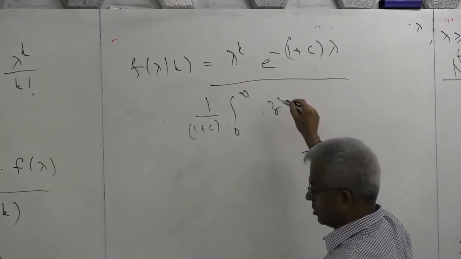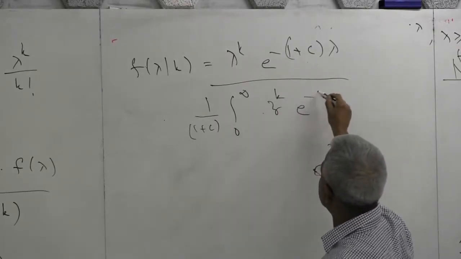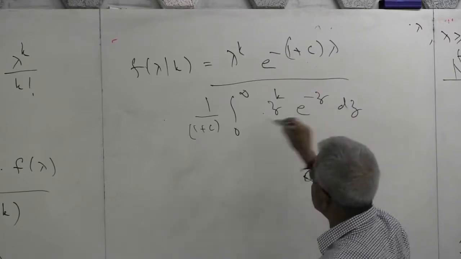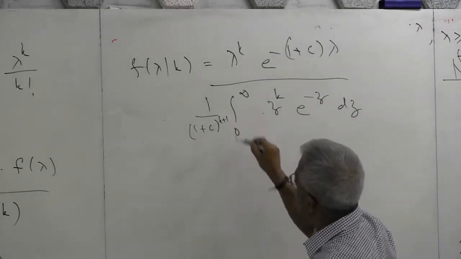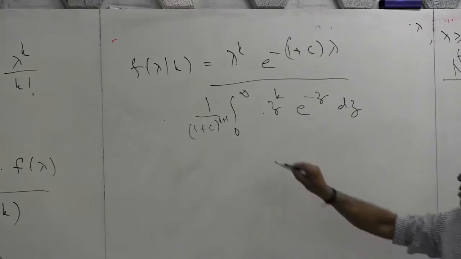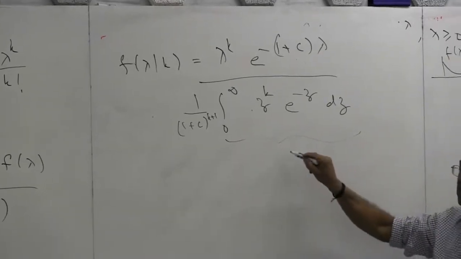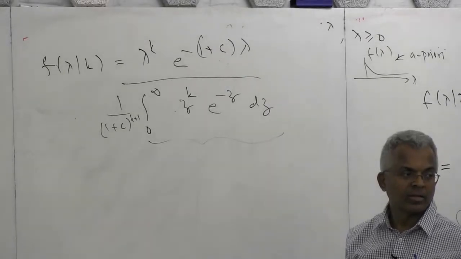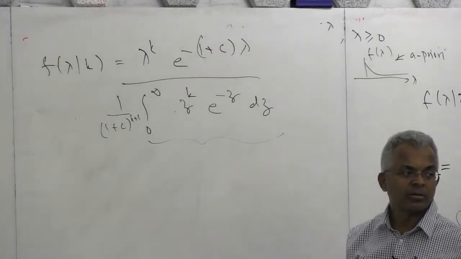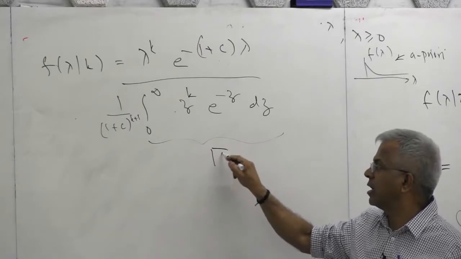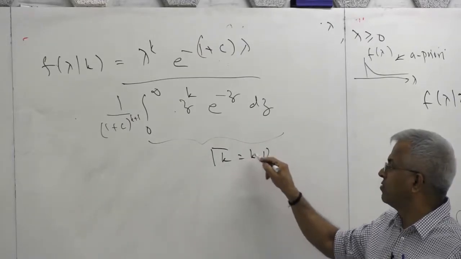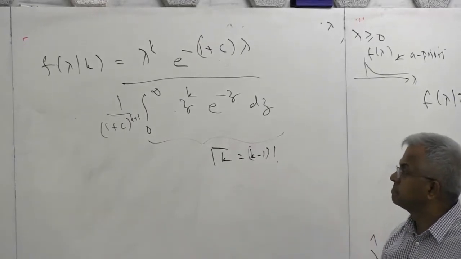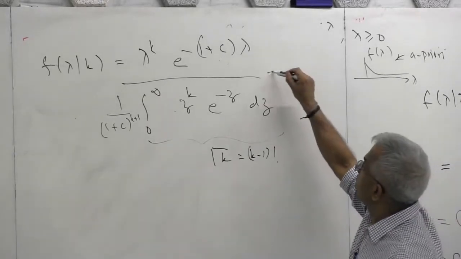So z to the power k, e raised to minus z dz. So this is k plus 1, right? But this whole thing, I believe, is k factorial, is it? What is it? It is gamma, I think gamma k plus 1, maybe k factorial. If I am right,